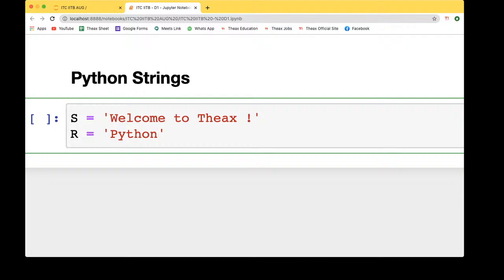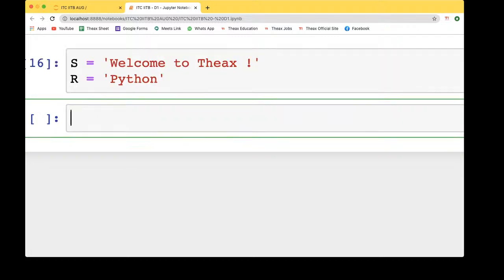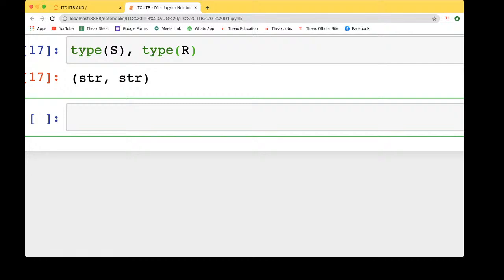Just run this. And as I said, if you want to check the data types of these things, write type of S and type of R. See, these are str, that is string.